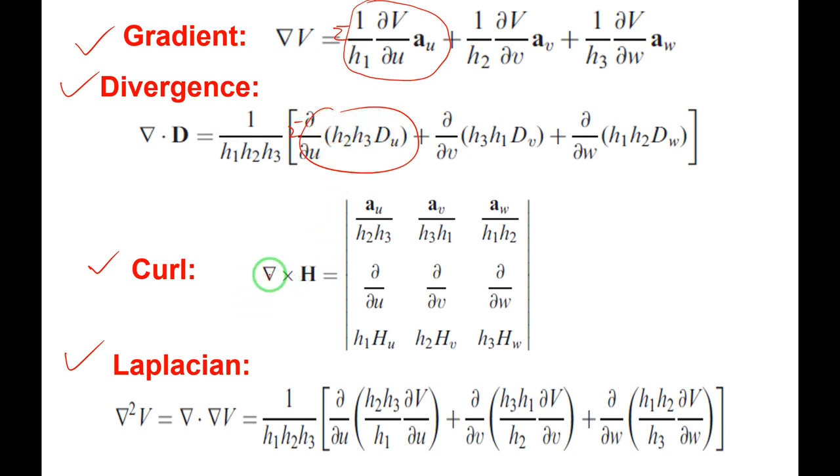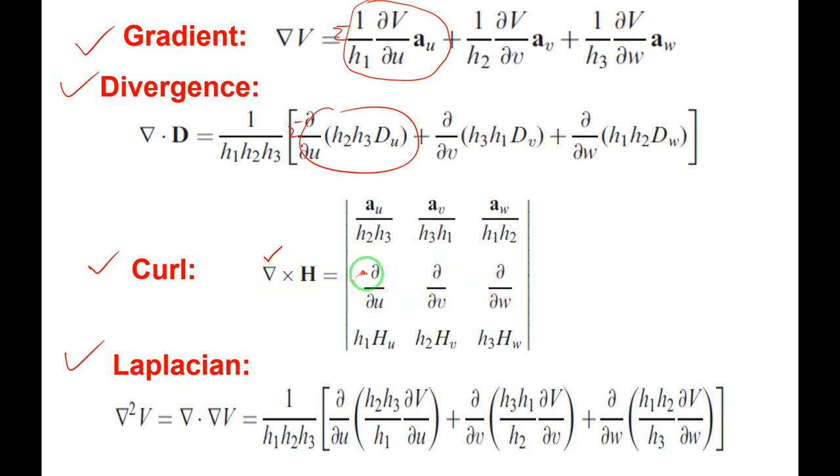This is very important. Observe here, del cross H: we will write the curl in the form of a determinant of a_u, a_v, a_w. If it is Cartesian, it is a_x, a_y, a_z. If it is cylindrical, a_rho, a_phi, a_z. Similarly spherical. Then the unit vector divided by h2 h3. Next, the second quantity is 2, 3 is over. Next, 2, 3, 3, 1, 1, 2. I hope you are getting how to write it. Then next, write down the components of this vector del. Del is a vector operator. So write down the components of this vector: dou by dou u, dou by dou v, dou by dou w.